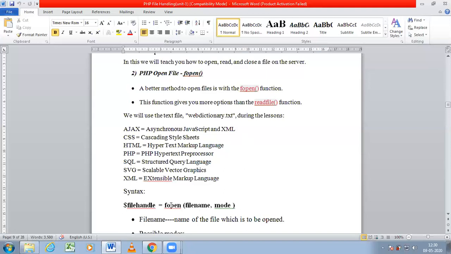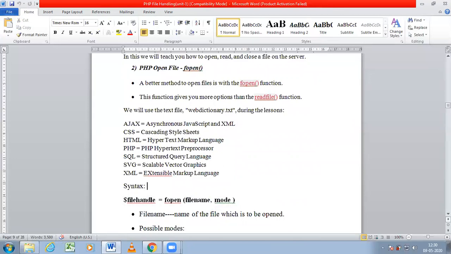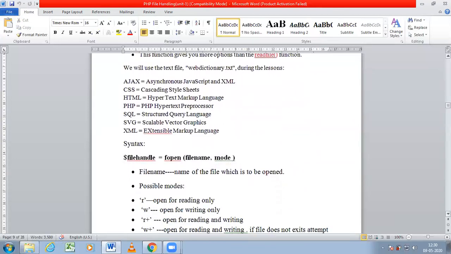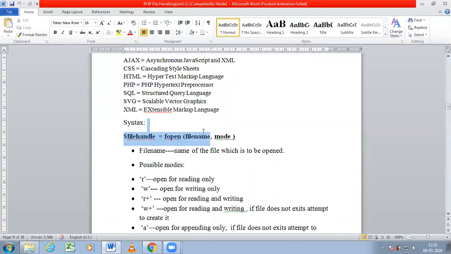So if you are opening a particular file, you need to specify the file name followed by the mode of the file, meaning in which mode you want that file to be opened, whether it is read mode, write mode, execute mode or appending mode. After opening a particular file by specifying the file name and the mode, the file will get opened. If the file is opened successfully, then it will return some status to you, meaning this function will return some value.